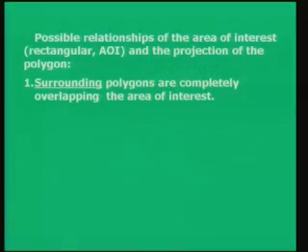So, you have to visualize. We will see illustrative examples next as we move on with this course, but for the time being assume that you have a small rectangular strip which could be the entire image also, or any small part of the rectangular strip, and you have an arbitrary polygon somewhere with n vertices, and you are comparing these two in the image space itself to start with. So, that is what we are talking about, possible relationships of the rectangular AOI or rectangular area of interest and the projection of the polygon in 2D. So, everything is going on in 2D right now.